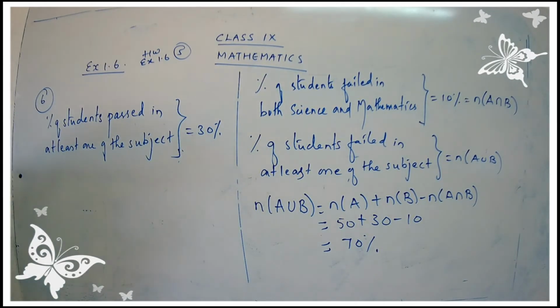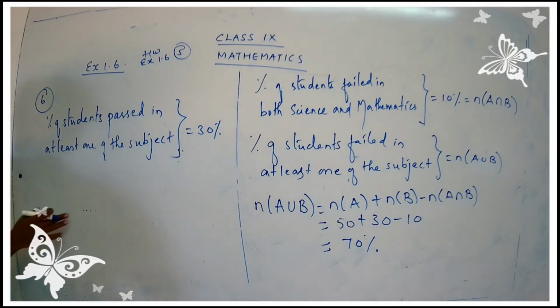Before that you have a statement, 300 students passed in both the subjects. So the number of children passing in both the subjects is 300. Okay. Find the total number of students who appeared in the examination if they took examination in only 2 subjects. So we have to find out the total number of students who has appeared in the examination. Already the exam has been done, yes. So who has appeared in the examination?